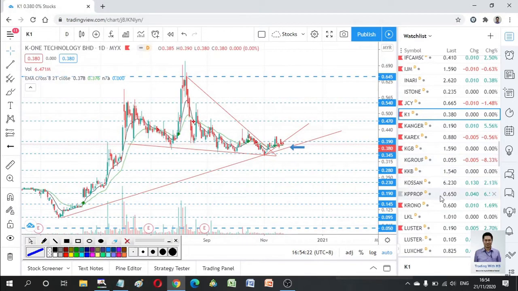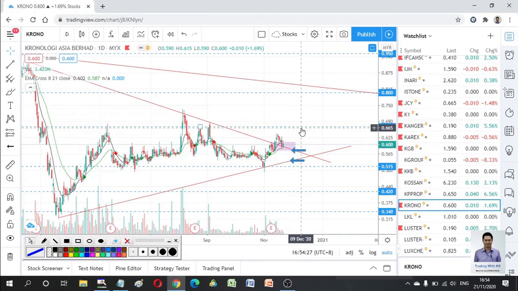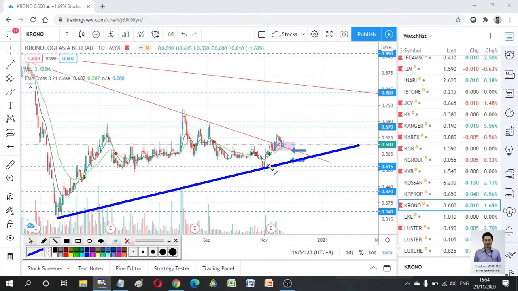Chrono is an IT company, recently had a boost up. So I highlighted two trend lines, one is this and one is this. It looks like this trend line cannot hold, the price already came down. If the price doesn't bounce up over here, you have to wait for the price to come to here, whether it can bounce up. If it can't bounce up, opportunity to buy. If the price comes down here, it means a cut loss.